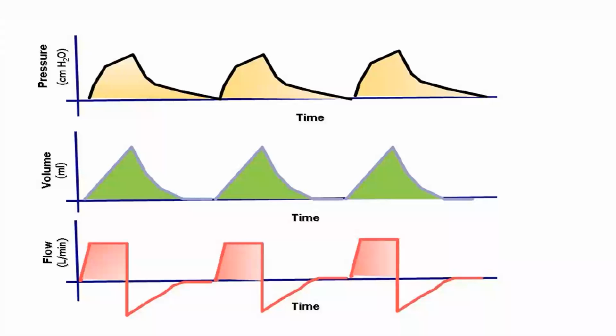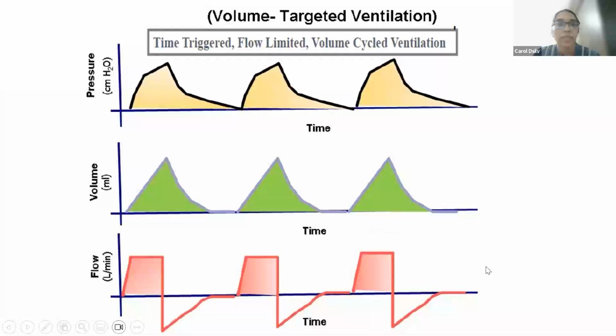Time cycled. Time. So I hope there's no doubts in this. You're able to see that the patient is not generating any spontaneous trigger of their own. And after a given point of time, the inspiratory flow is cut off and then it goes into the expiratory flow. So like most of you said, this is a volume controlled mode. Volume controlled and flow controlled are the same, okay? So don't break your heads on that. So what you're seeing over here, it is time triggered. You're not able to appreciate any pressure trigger or flow trigger set. It is flow limited